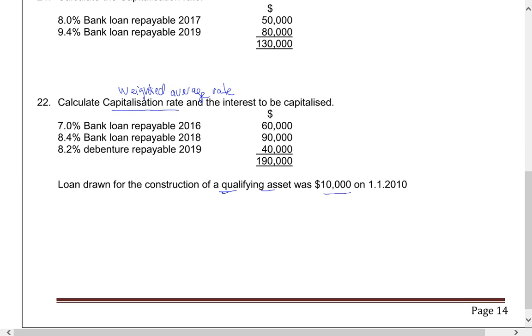I borrow 10, and these are my interest rates. Should I take from 7, 8.4, 8.2? No, we use the weighted average. So the weighted average rate